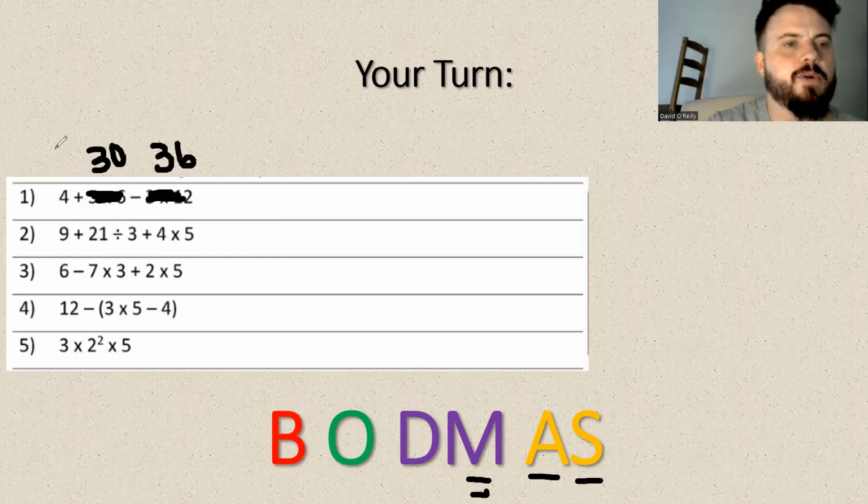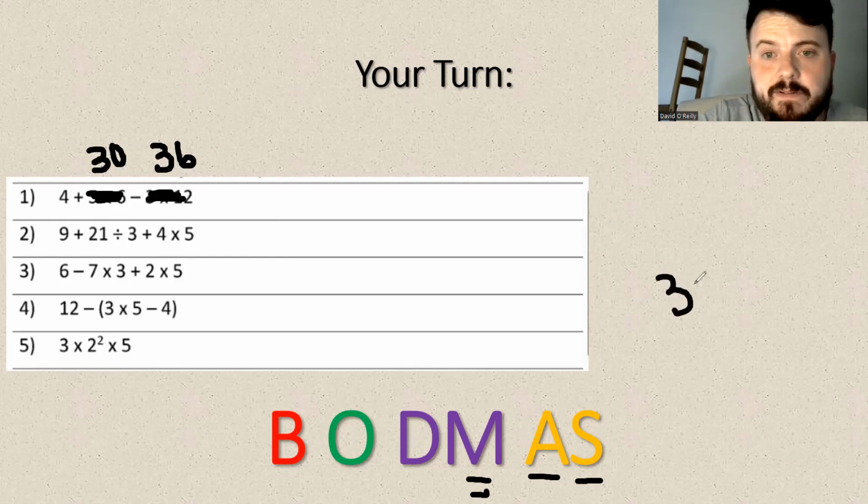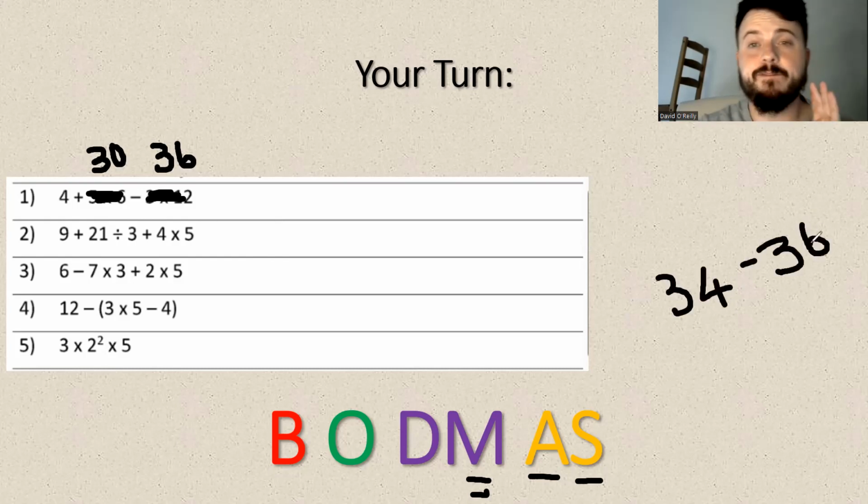Okay, so now my question is 4 plus 30, subtract 36. So 4 plus 30 is 34. 34 minus 36 isn't impossible. 34 minus 36, let's write it down over here. 34 minus 36. Okay, now I know that if I take 34 away from 34, I'm going to be at